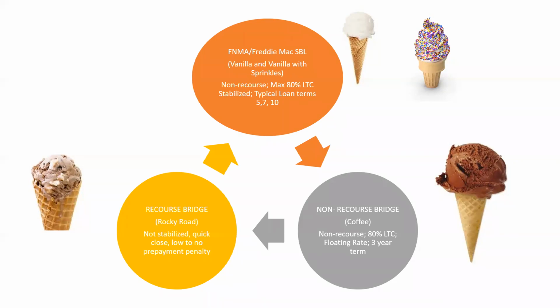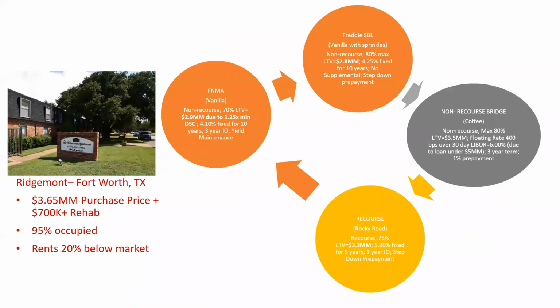So this is sort of your high energy, high value add rehabs, floating rates typically, and then it's only a 3-year loan term. So you have to get in there, really turn the property around, and then refi or sell the property. All right, so let's look at this example.